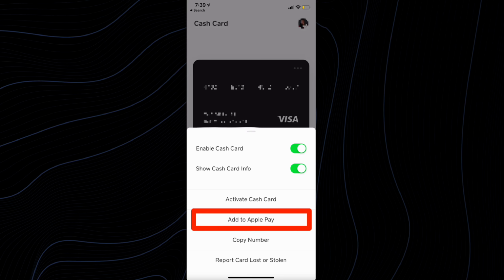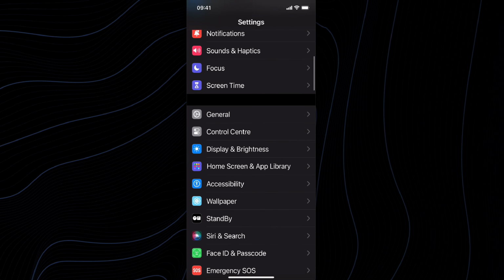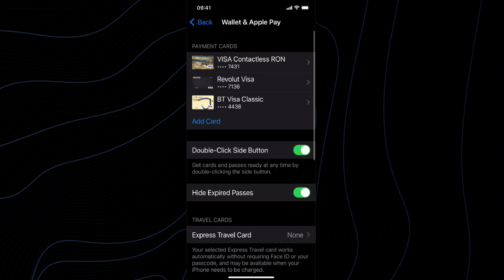So if you tried to add the Cash App card directly from the Cash App app and it didn't work, what we're gonna have to do is simply open up our settings, and then scroll down until we see Wallet and Apple Pay. Now what we're gonna have to do next is simply tap on Add Card,